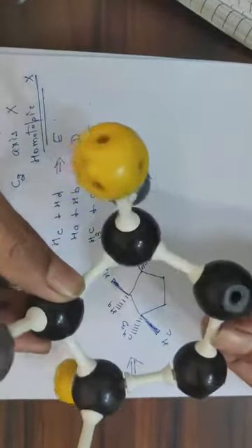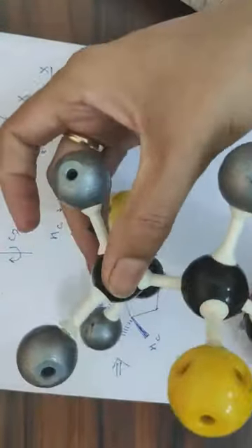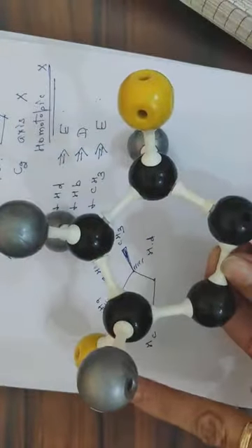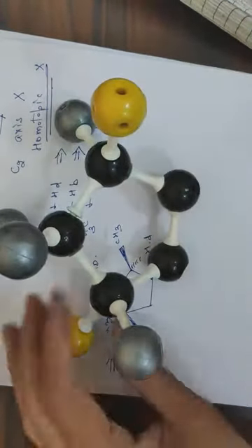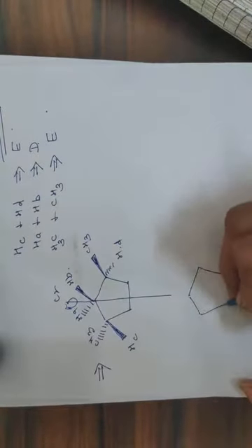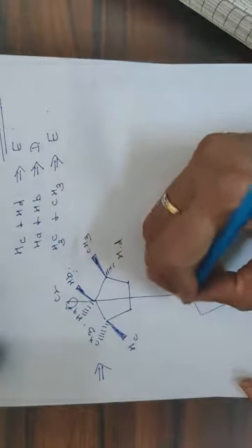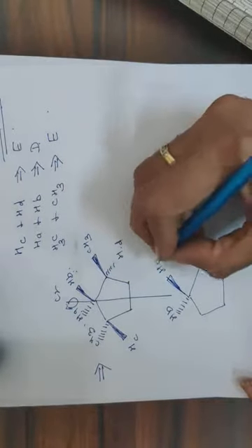Rotate it. This rotation is a 90 degree rotation and further 90 degrees like this. So this methyl group below the plane, this methyl group is present above the plane. So the same geometry has come, the same structure has come. So if you pass a C2 axis from here, it will look like this. These two hydrogens: this hydrogen which is present above the plane will go below the plane, and this, which is below the plane, will come above the plane.